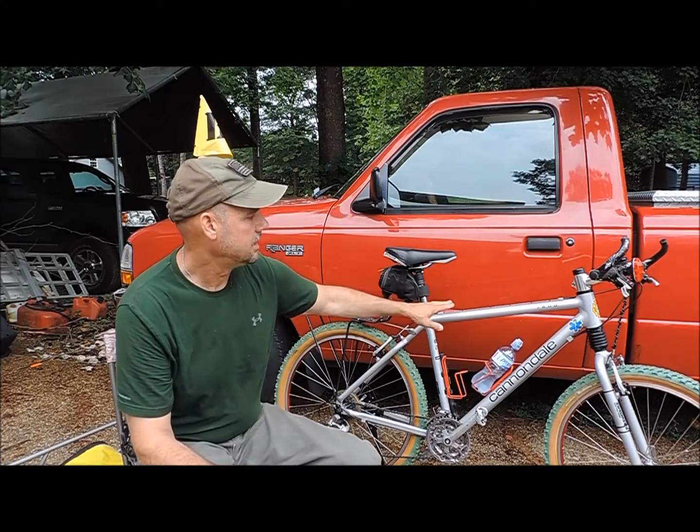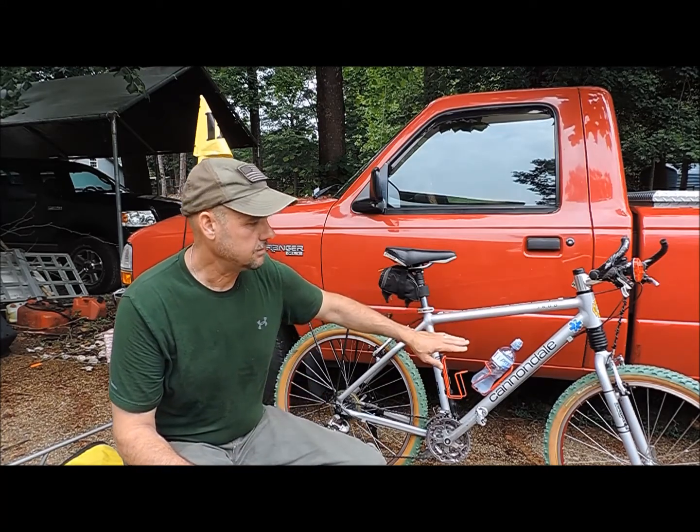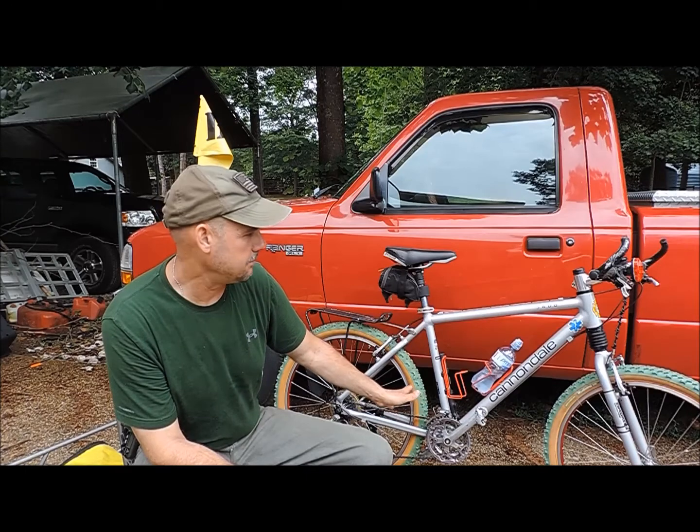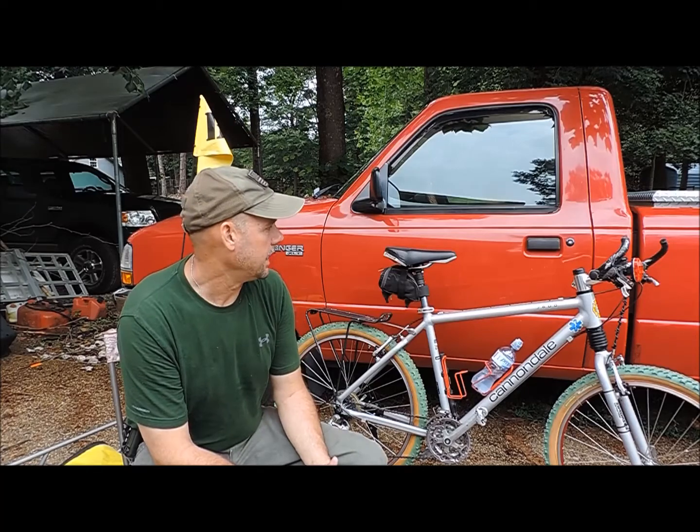I bought this bike, it was fairly well used, and I had just taken a bicycle repair course, so I used this as an opportunity to completely strip this bike down to the frame, clean the frame up, and every single piece of this was rebought and put back onto this bike. Now, I don't recommend that you do that unless you're a bicycle mechanic and you just want the experience of doing that. You can buy a lot of mountain bike on the market right now for your money, and you